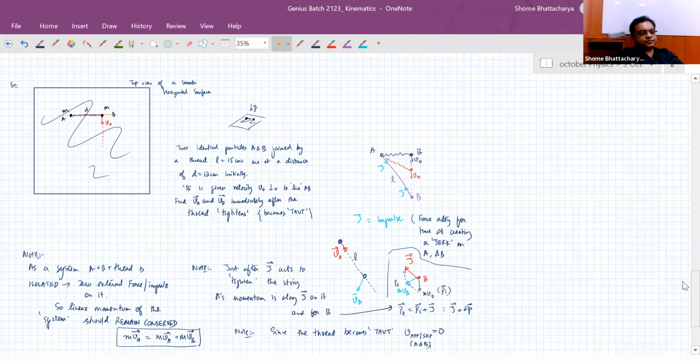Okay. That's one thing. Then the impulse momentum concept and the concept of momentum conservation for the whole system, because the external impulse is 0. Whatever impulse the string is applying on A via B, equal and opposite impulse is acting on B via A through the string. So action reaction impulse or action reaction force. So the tension in the string that creates that jerking is an internal force. So it doesn't create any net external force on the system. So the system's momentum should remain conserved.